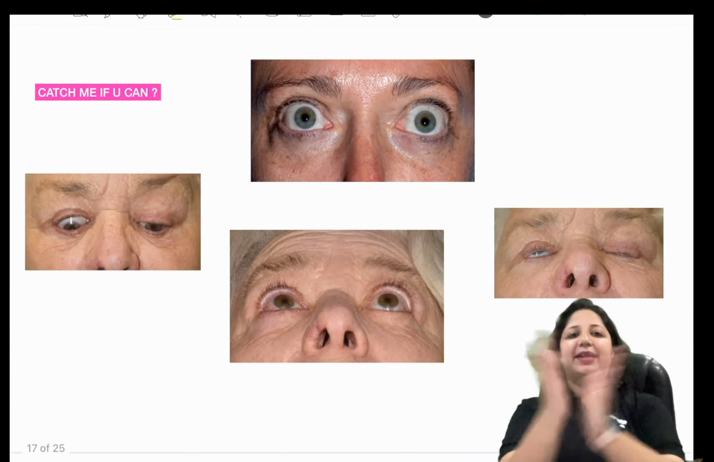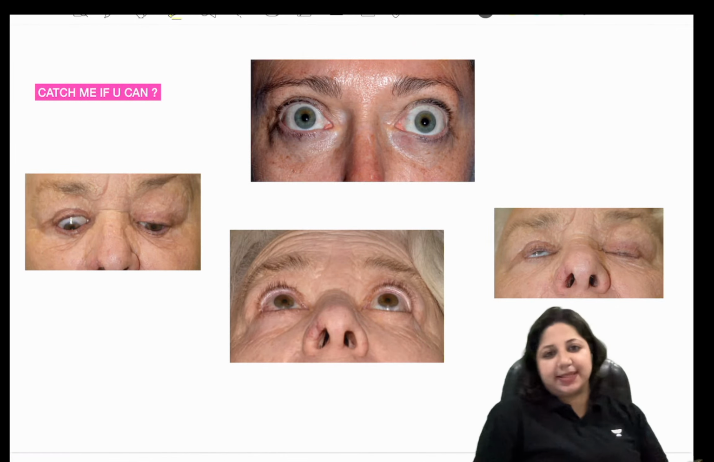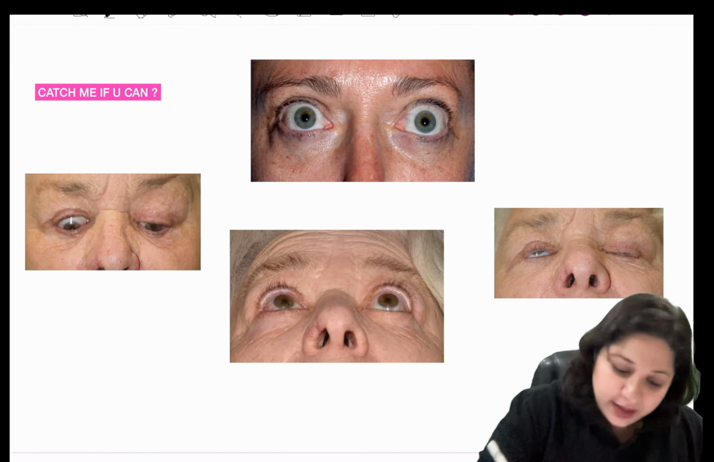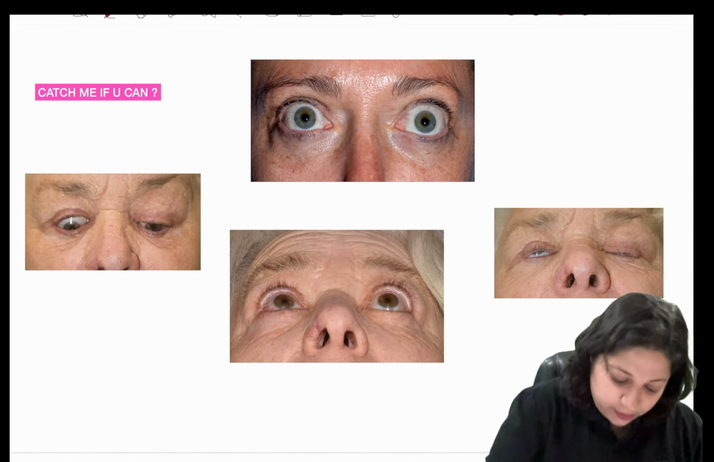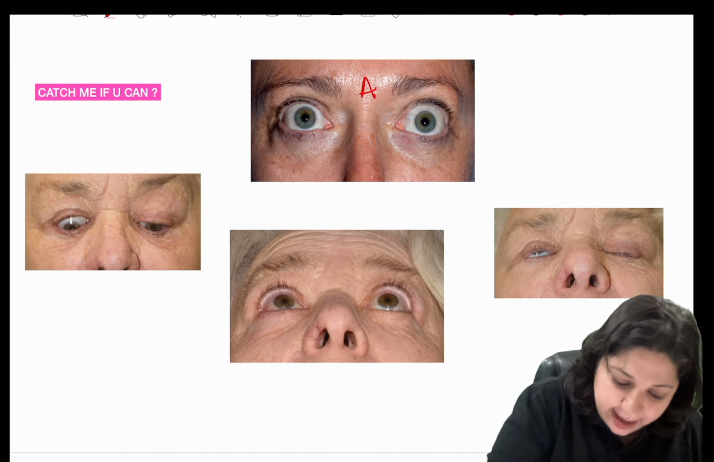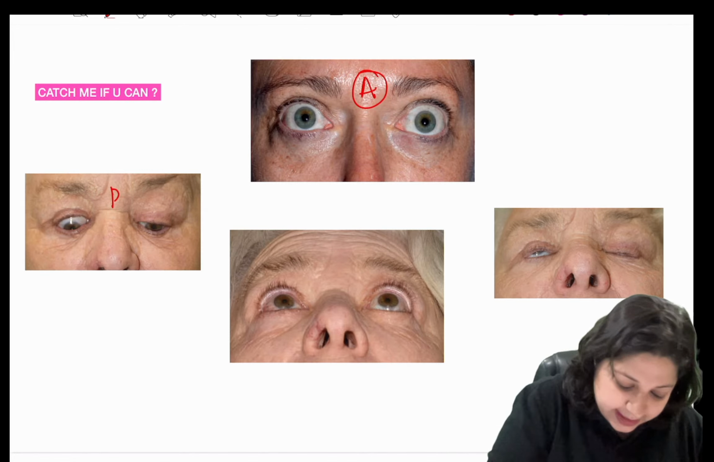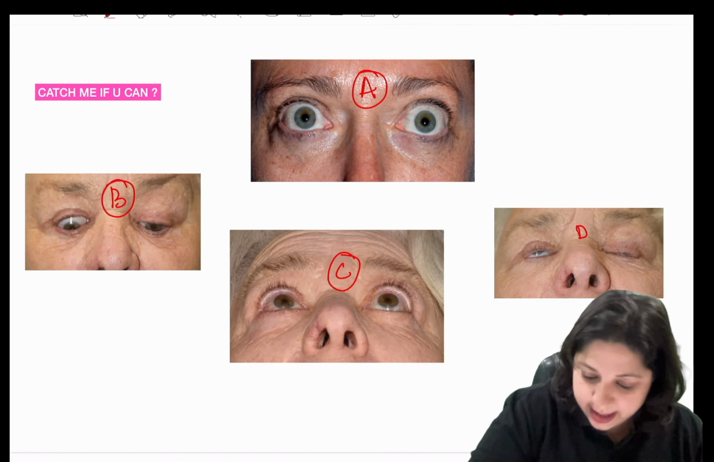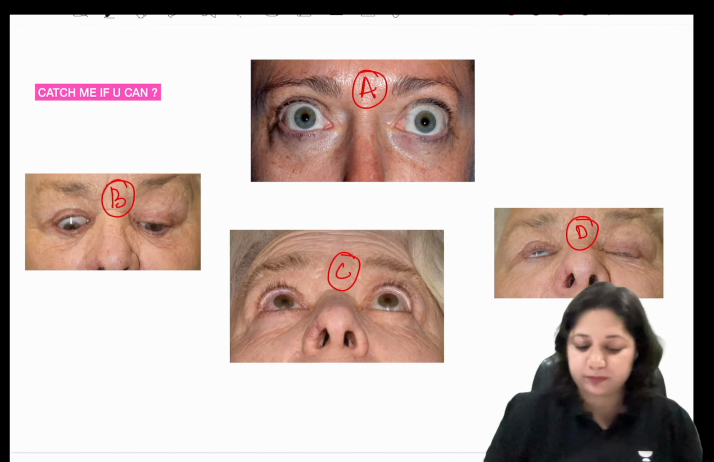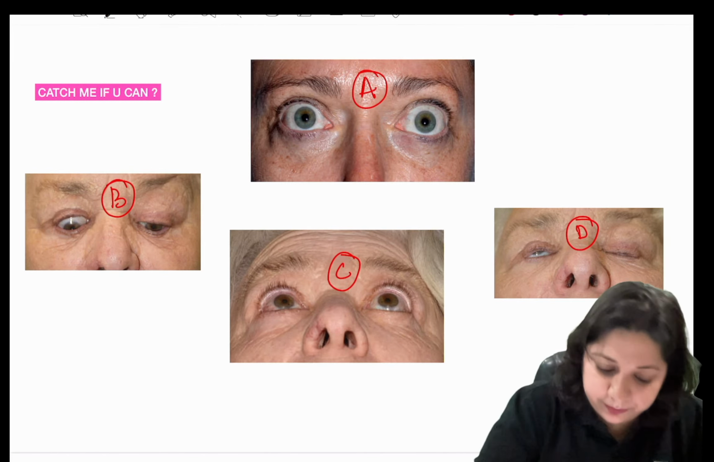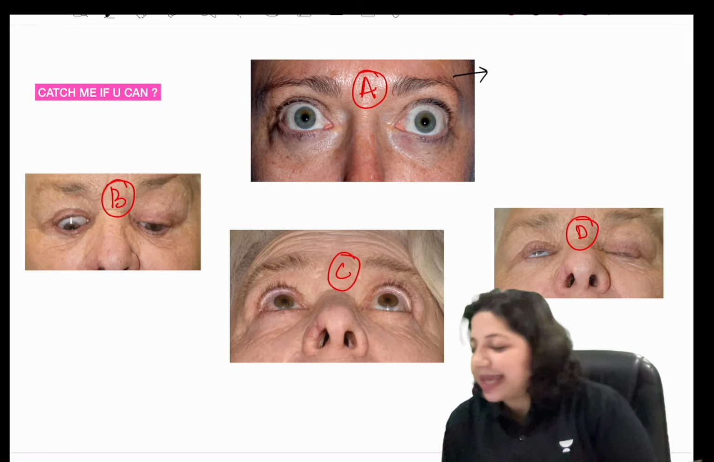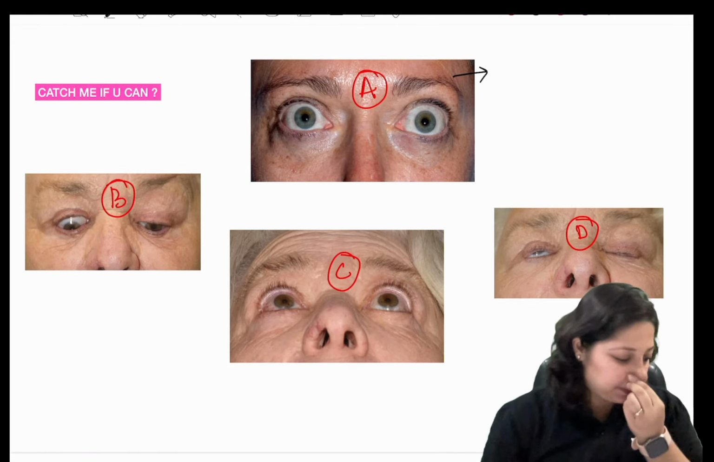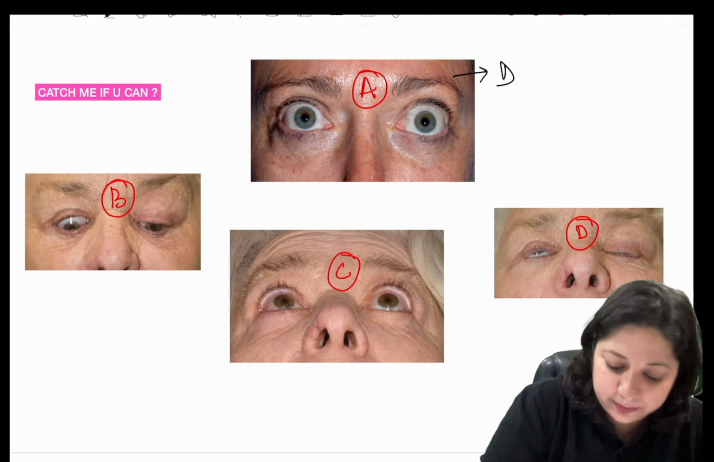All right, moving on to the next one. Catch me if you can. Tell me the name of these signs. Okay, I will label them. This is A. This is B. This is C. And this is D. What is A? What is A? A is